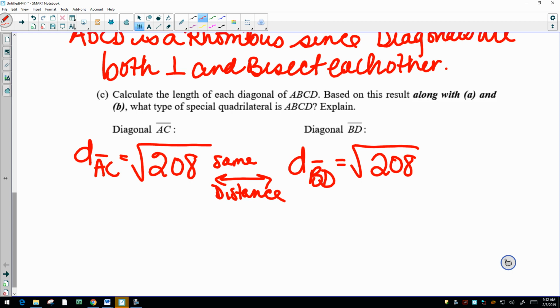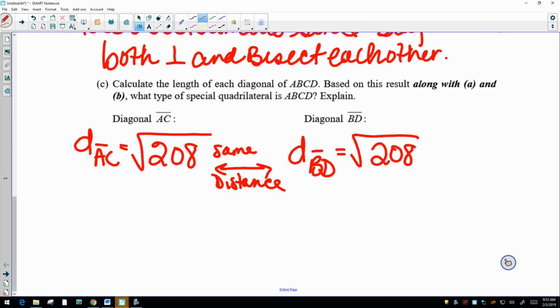We knew it was a rhombus, right? So using what we knew up above, it is a rhombus, but now I have a rhombus with equal diagonals. What can you tell me about the shape? Now what is the shape really? It is a square. So concluding statement, we could say ABCD is a square